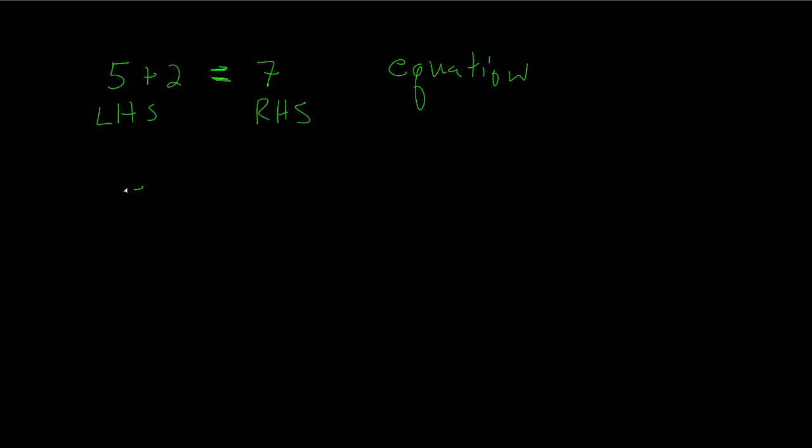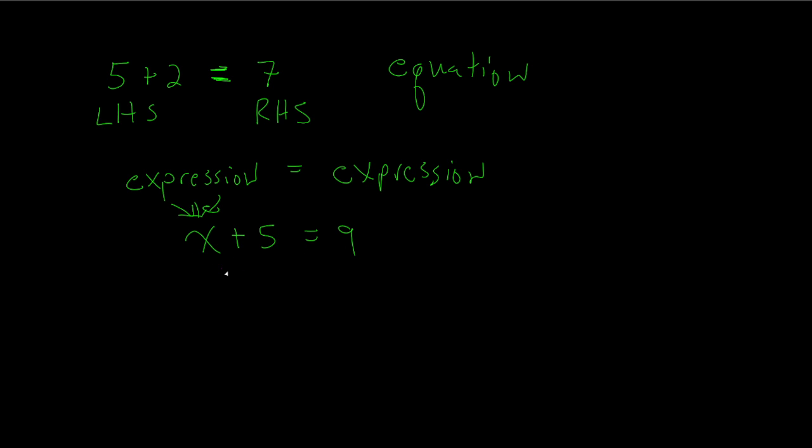And so what we have is an expression on one side and an expression on the other side. And we're making a statement that the expressions are equal to each other. So what it says is, however much stuff is over here is the same amount of stuff over here. Our job then is to try to figure out what the unknown thing is, if possible, or the validity of